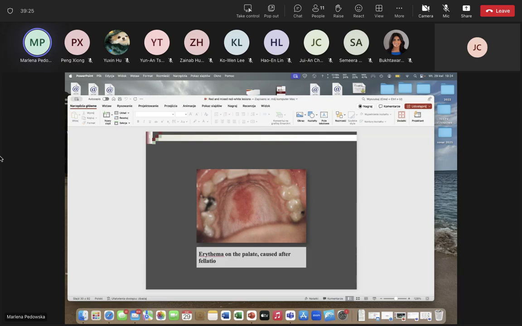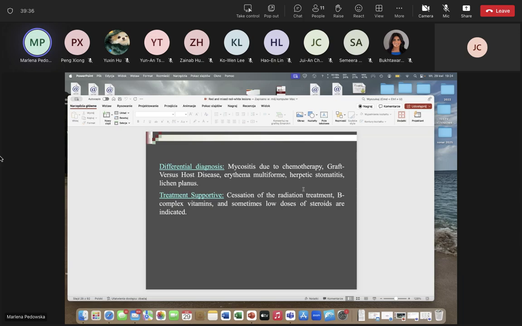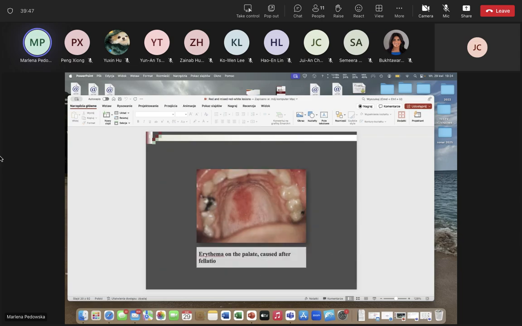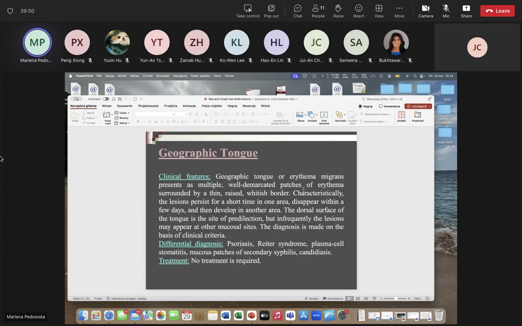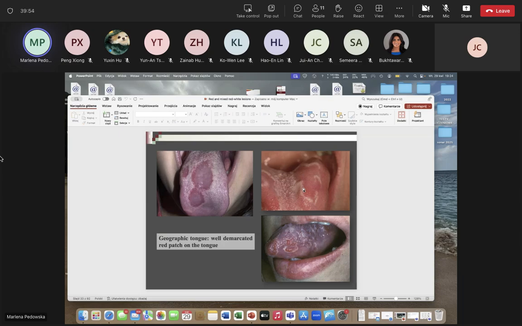With regard to the treatment, the patient has to avoid any irritants. The patient has to moisturize the mucous membrane, and they have to also rinse the mucous membrane with non-acidic solutions like Cafosol. About the geographic tongue, we said that, now I have some more clinical pictures for you,